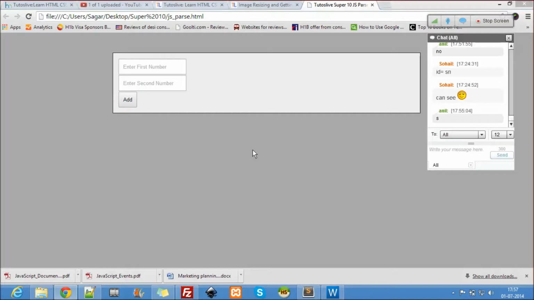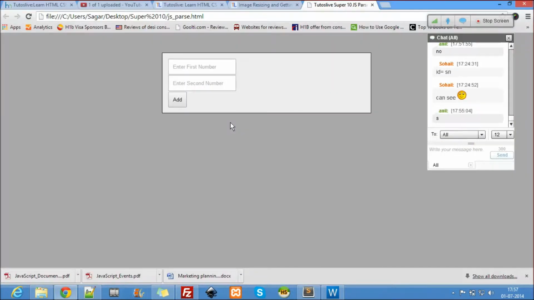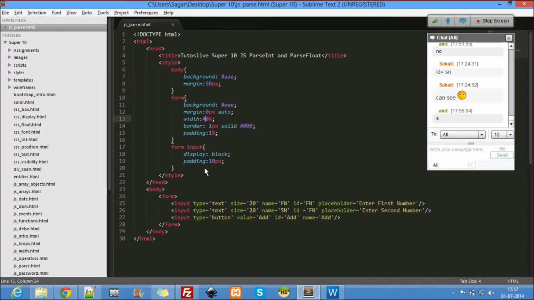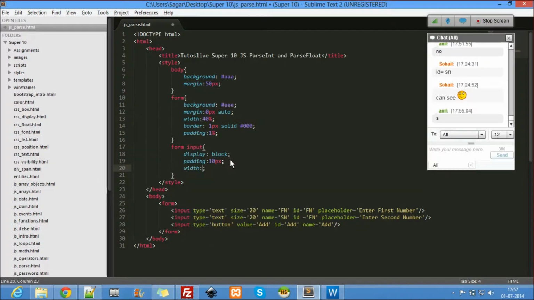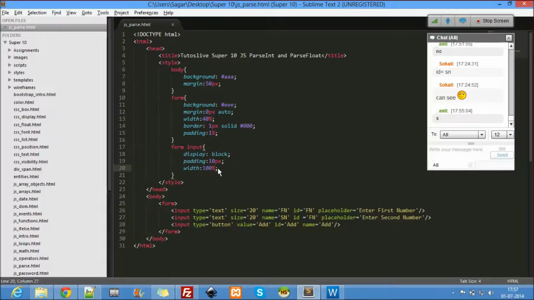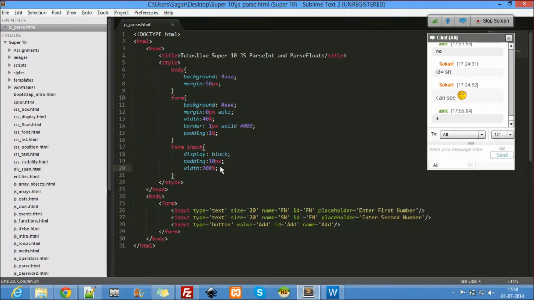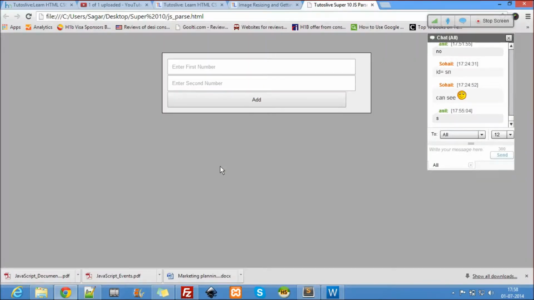Here let the width be 40%. Let's see what happens if I say 40%. Okay, let the width be 100%. It has to come down to 90%. Oops. Right, looks good enough, right?